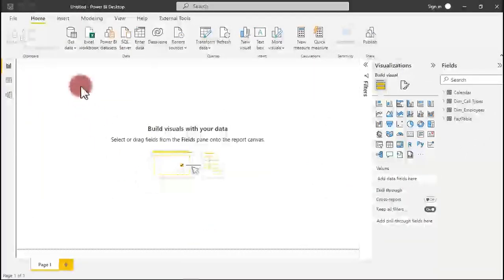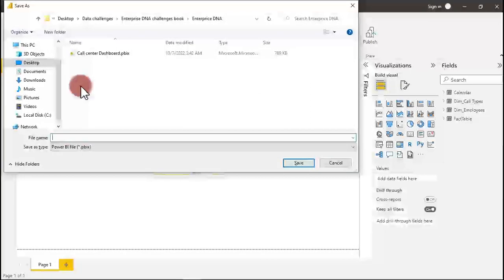Don't forget to save. We've not saved since we had been working. It's very, very important to save, because at any time the software can just malfunction. It's going to shut down and you're going to lose everything you've just worked on. So always make sure to save whatever you do. It's very important. I'm just going to type in here